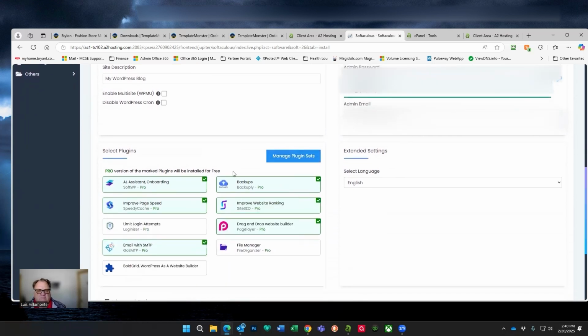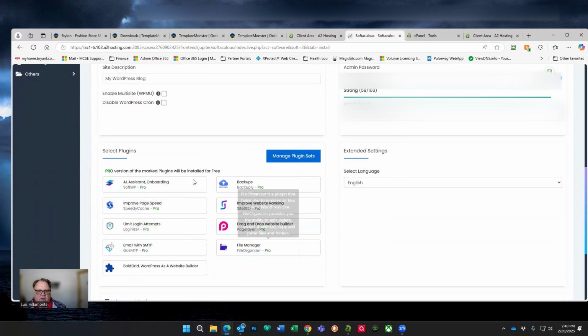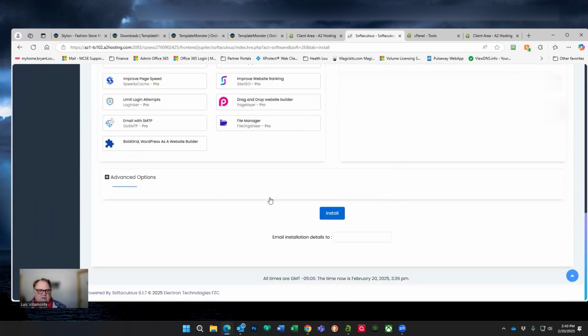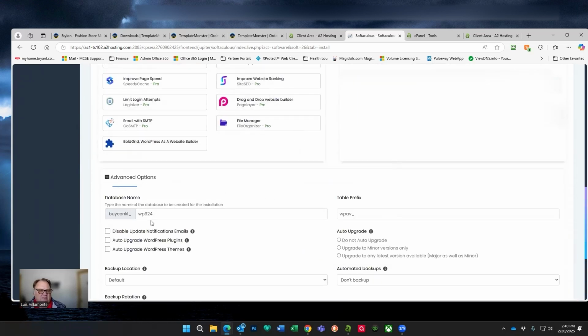I'll leave that setting. This is really my host telling me, hey, do you also want to install these plugins? No, I don't want any plugins. I just want the standard. And I want to go to advanced. I'm just going to change the prefix